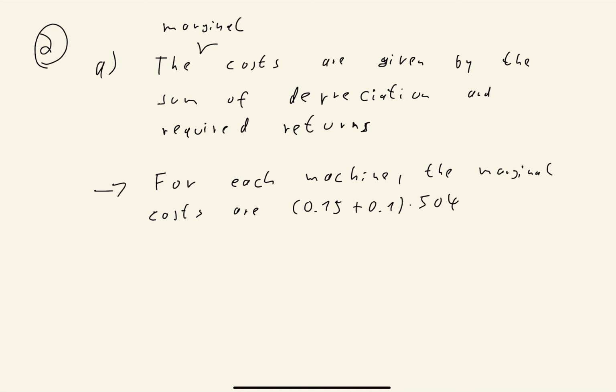That's the investment, basically. And this is $126. So those are the marginal costs for each machine, and the marginal benefit